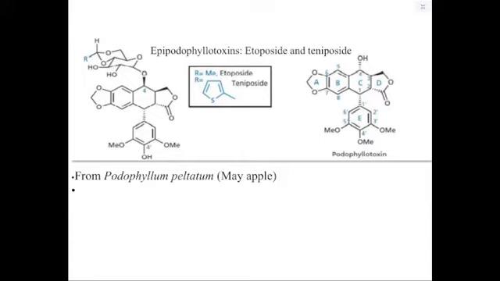All right. Then from there, you're still on plant products. The other plant products, the epipodophyllotoxins, and under the epipodophyllotoxins, you have etoposide and teniposide. Those are the two drugs. Again, that is their general structure, and this is the structure of podophyllotoxin. So podophyllotoxin is this molecule,